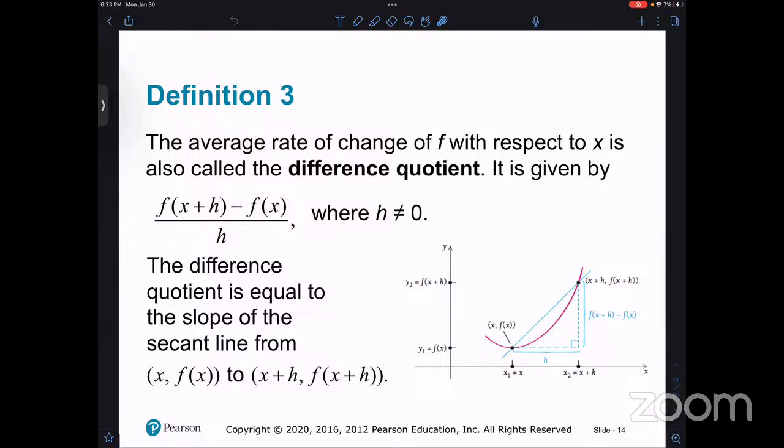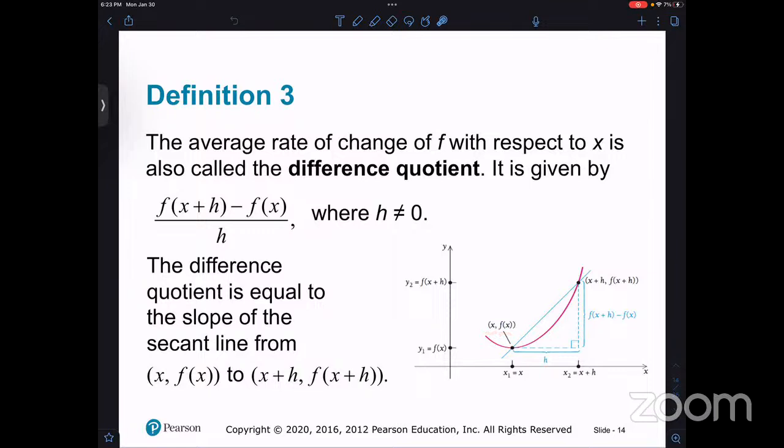But this is a different way of saying it, leading up to something, right? Before, this was the point P and this was the point Q. And remember, we're going to explore what happens as Q gets closer and closer to P. As Q gets closer and closer to P, this secant line gets closer and closer to our tangent line, right? So that's what this slide is about. So the difference quotient, instead of putting P and Q, we have our x, f of x, and now we want to consider some change, right?